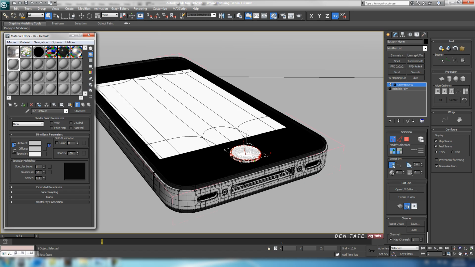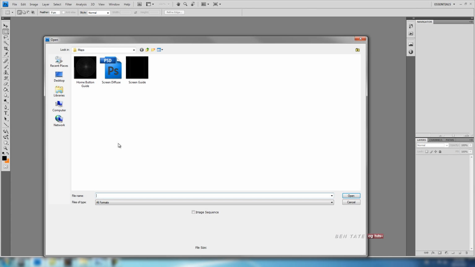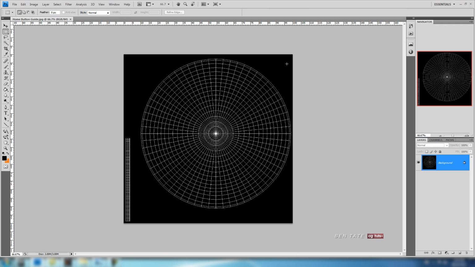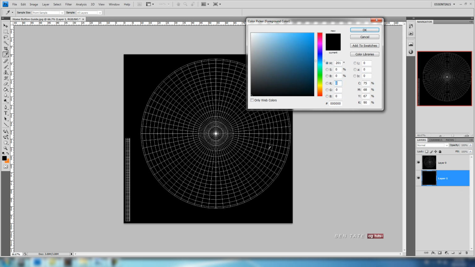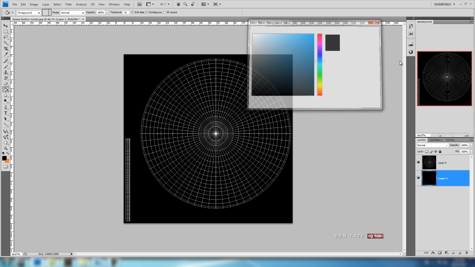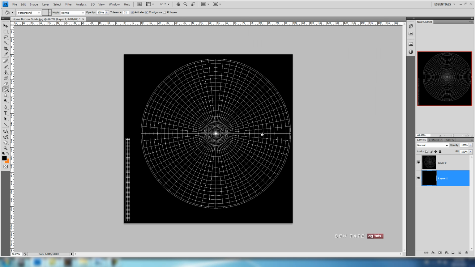Let's just jump into Photoshop here. Double click and open up our home button guide. Okay, and the same thing here, alt click, double click on that to unlock it, create another layer for the background, drag it underneath, make that black, and let's do full black on this one. Okay, and for the actual logo, we're just going to use an actual shape here in Photoshop. Okay, so what I'm going to do is switch my color here to white,